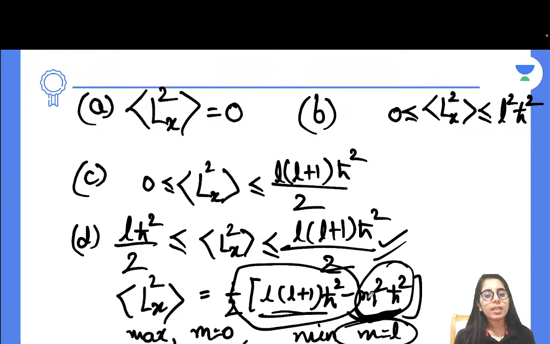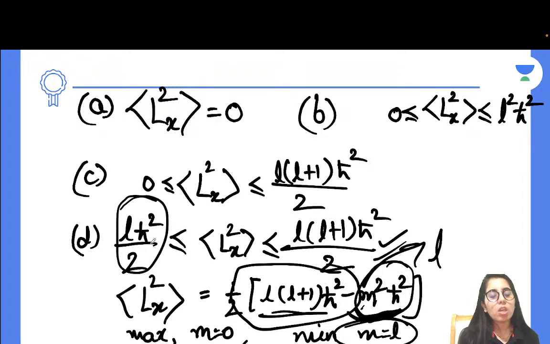And then when you take m is equal to L, it will give you L square h squared. Is it L square or just L? Let's check it out. Okay, this is also going to be L square, right? So this will get cancelled out with this L square h squared term. So you will just have L square over 2, and that is this. So your option D must be the correct one then. Let me know if you do not get it or there is any doubt. We can talk about it then.